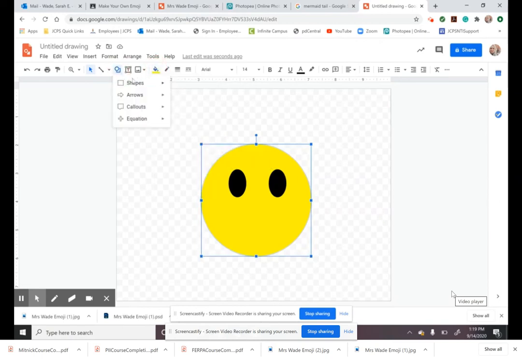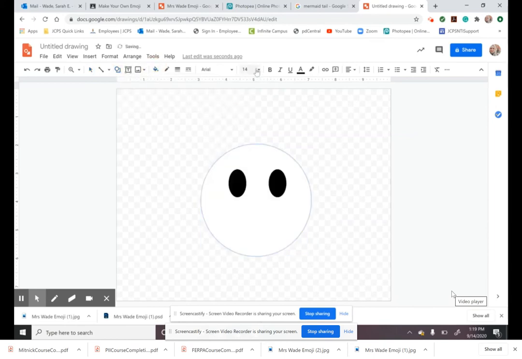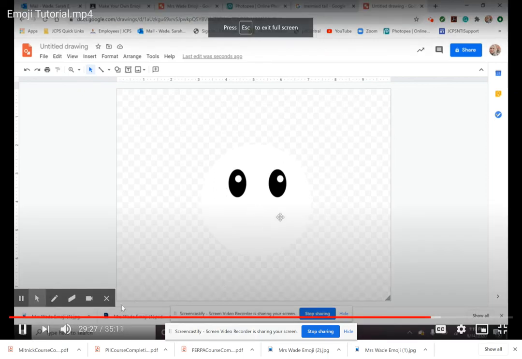I can even go as far as to use that ellipse oval shape again to create my reflections, the whites of my eyes, just by clicking and dragging and then holding Control and Alt at the same time to create a duplicate. So now I have the little white reflection in my eye. And you may have noticed that I accidentally changed my body to be white. So to fix that, I'm going to